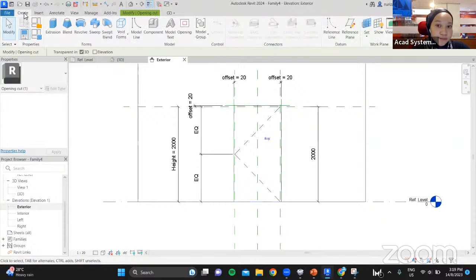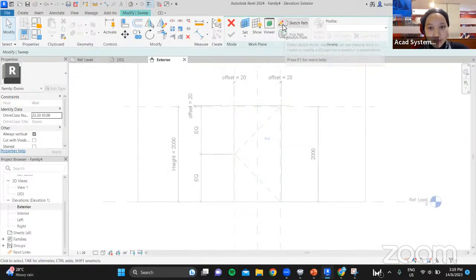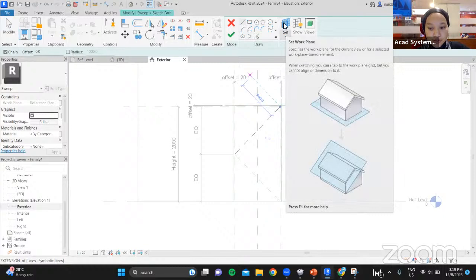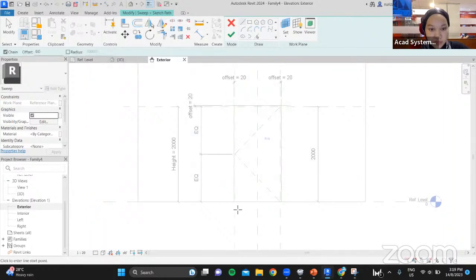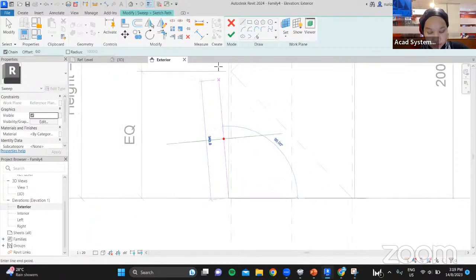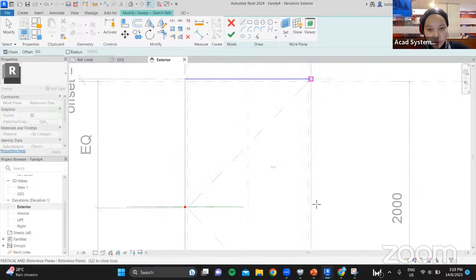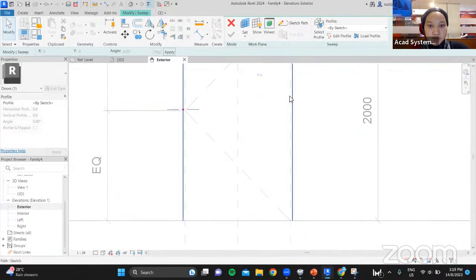First, we go to the create tab and then select this sweep. So we're going to create a door frame using solid sweep and then sketch the path. And we set the work plane. In this case, we choose the reference plane exterior and then click on OK. Then I just follow the opening line. Then click on finish. Oh, yeah, I need to